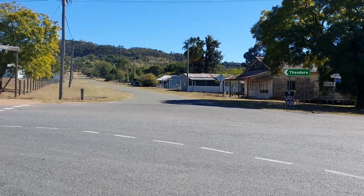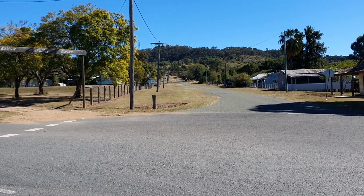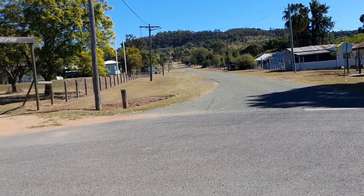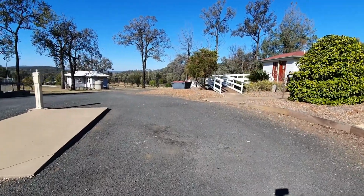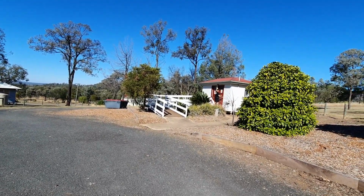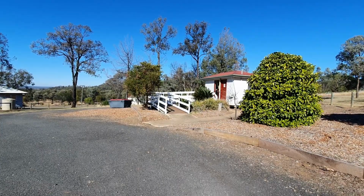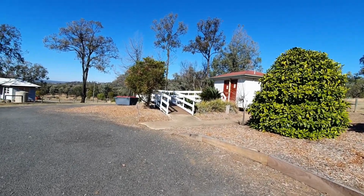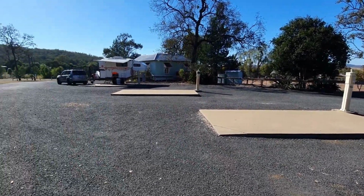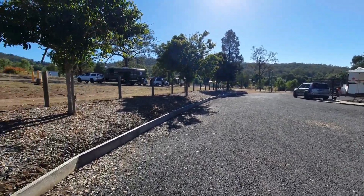Okay, so we're walking back up to the caravan. Bit of a slide hill. You need to get your arm off me, John. You're making me wobbly. See, that's why I don't do it, because you always say, get your arm off me. Thought I might as well start here. So here's the toilet blocks. Each little room, John just went into someone, he hadn't locked the door. So 2 showers, 2 toilets. And then here is the 3 slab sites. Like we said, it's really only for small rigs. And then next door